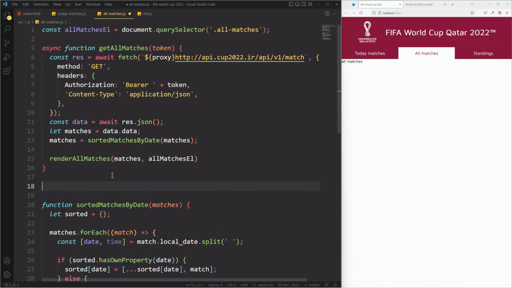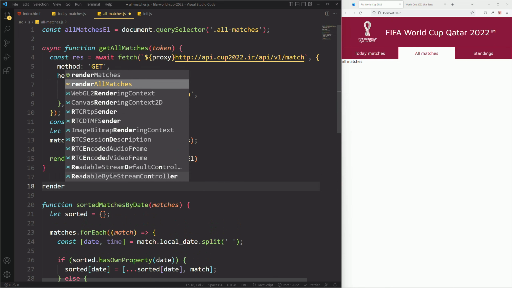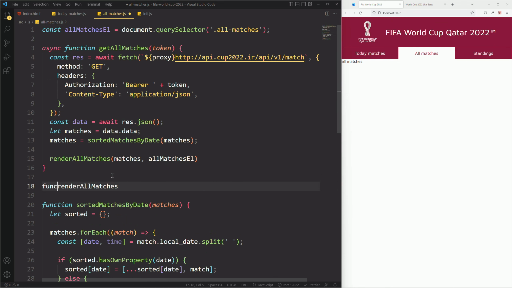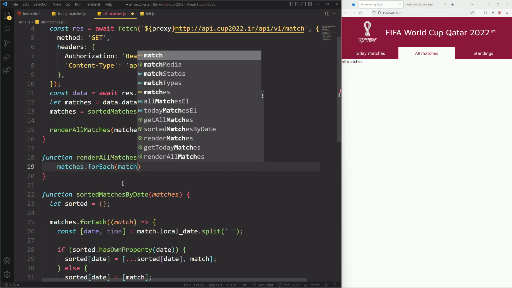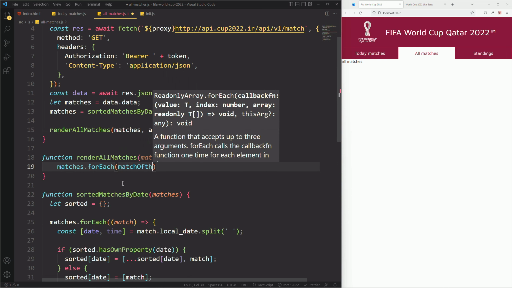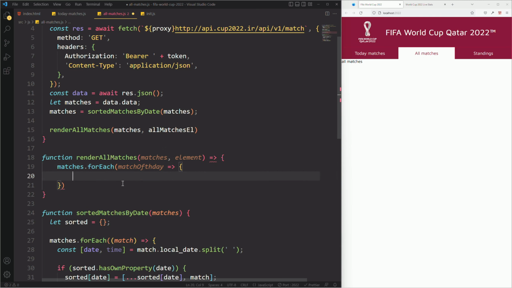Now let's just go and create the function renderAllMatches. I'm going to use function here, then matches, and then element. Now all I need is to go and use a forEach. So for each match of the day,